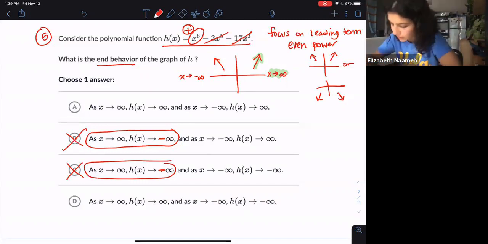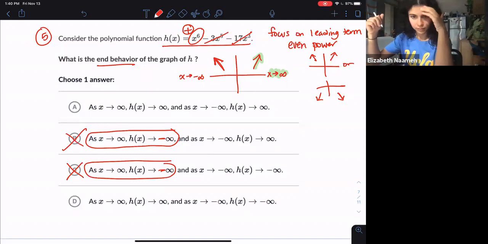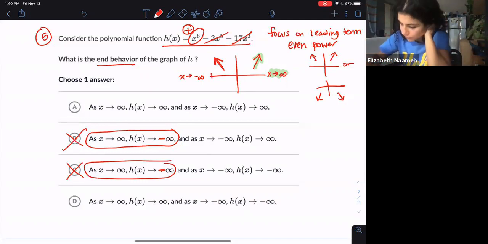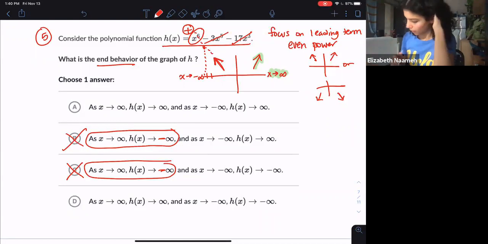So as x approaches negative infinity, meaning we're on the left, where is h of x, the height of the graph, going? Positive infinity or negative infinity? For very, very negative values of x, isn't our graph just going higher and higher towards positive infinity? So our answer